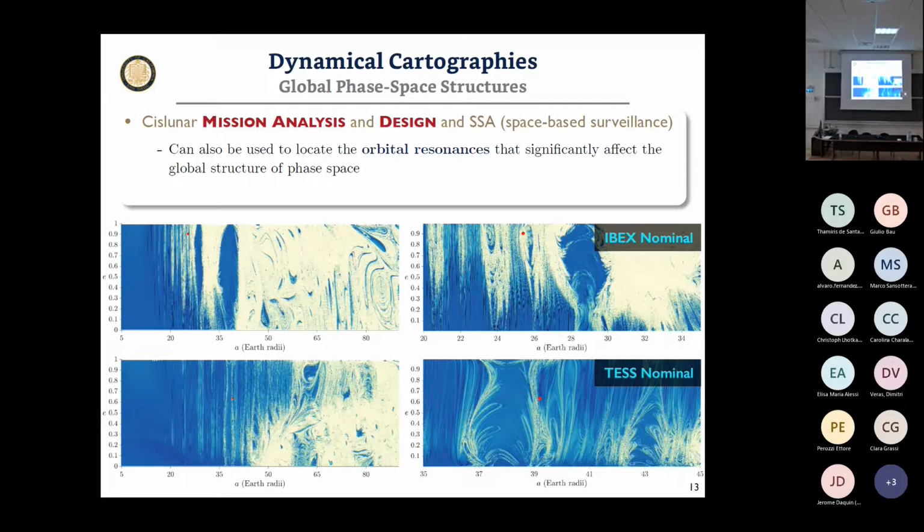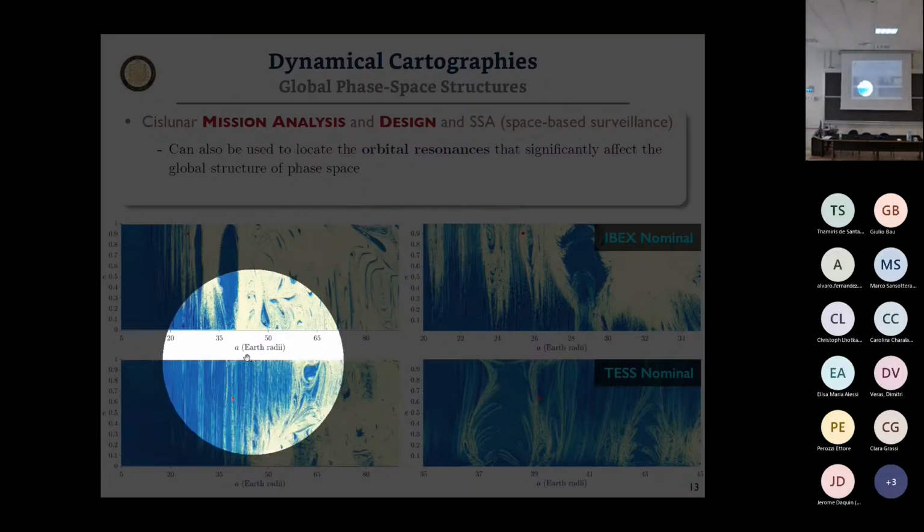So what is shown in this map, of course, we can do using any first-order stability indicator like the FLI, or the mean exponential growth of nearby orbits, MEGNO. MEGNO is built into REBOUND, so that's what's done in this example. And then computation of these stability indicators on a grid of orbital elements will allow us to really uncover some of the phase-space structure of these.